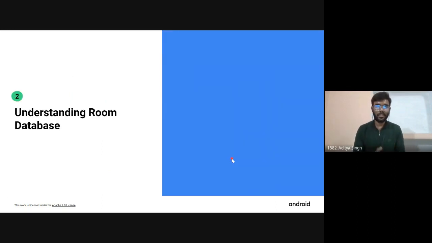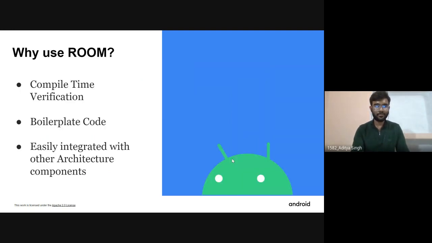Now let's talk about room database. So the first question that comes to our mind: why should we use room? What is the reason for using this? Basically, room library is built over SQLite to reduce some problems that we were facing in SQLite.